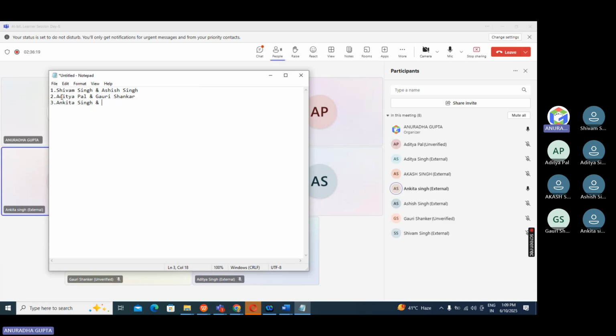We have left Aditya Singh and Akash Singh. Aditya and Akash, two persons are there.